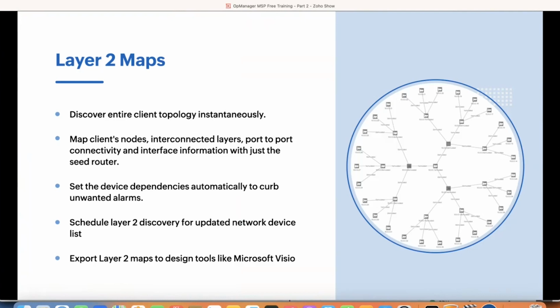But you know the IP of a seed router. Using that information, we can discover all the devices present in your network. Additionally, we can map all devices and plot them the way they're arranged in a physical network. Interesting? In OpManager MSP, Layer 2 discovery helps network administrators or data center admins visualize their complete client infrastructure with